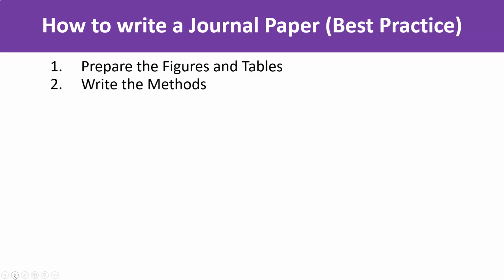And then once you are through with that, the next thing is to write the methods. That's methodology, or materials and methods, as the case may be. What you are writing here is, how did you do the experiment? How did you conduct the study? The how. That's what you are writing under methods. And then you are writing some information about the study area and your method of data collection, as well as your method of data analysis,